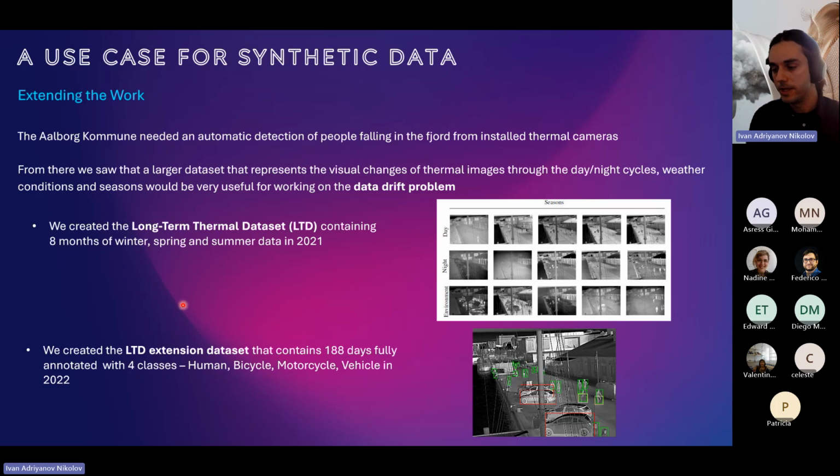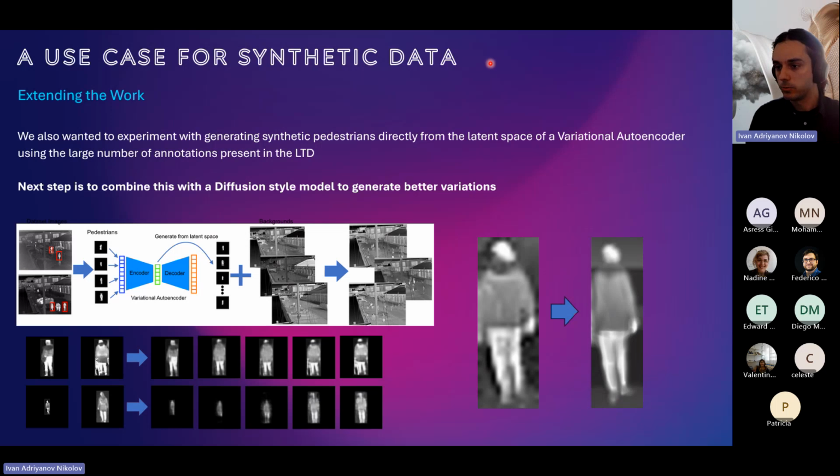So that was millions and millions of images, was extremely expensive because we needed to offload it to a company that was doing that. It took us 2 months of annotation and quite a lot of money to create the annotations. So one of the things that we wanted to take from that is to create variations using synthetic data